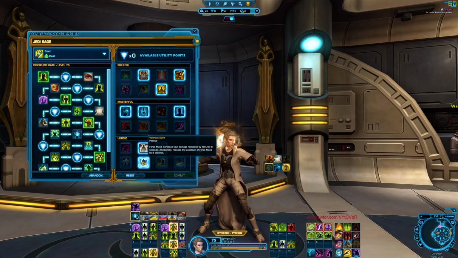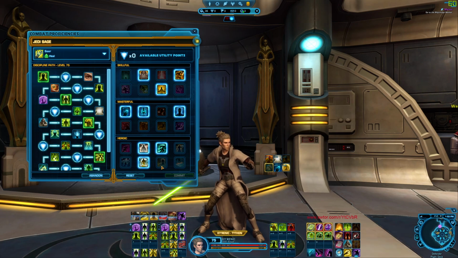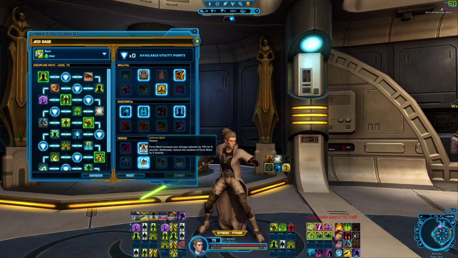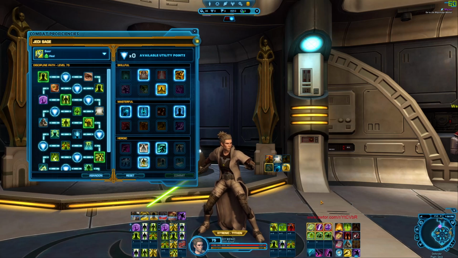The last one that we have is Valorous Spirit. Force Mend. Interesting. Look at that, Force Mend. That's the third skill that helps us with our self-heal? Force Mend increases your damage reduction by 15% for 6 seconds. Additionally, reduces the cooldown of Force Mend by 5 seconds. Okay, so